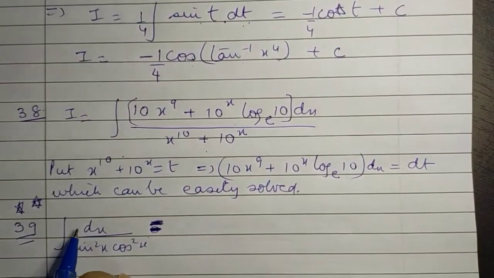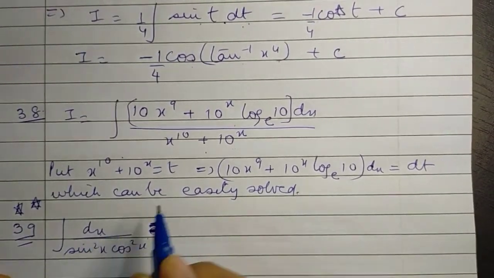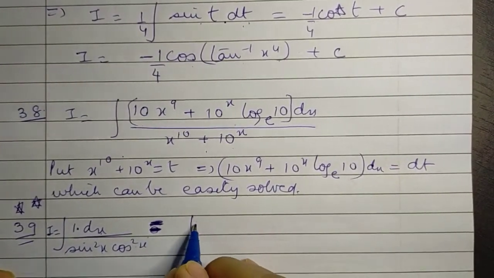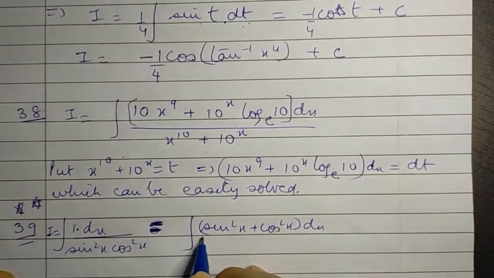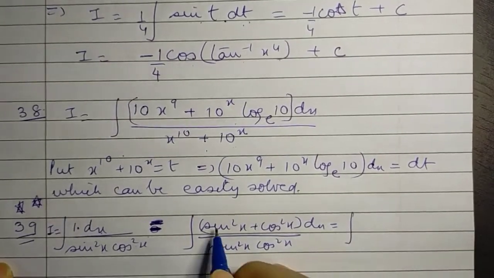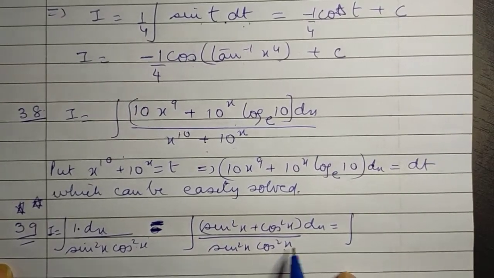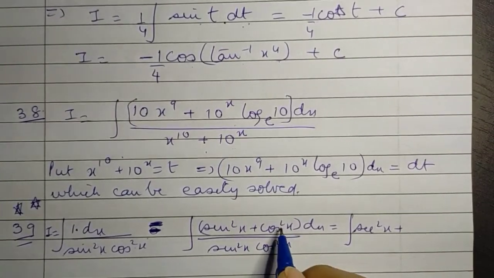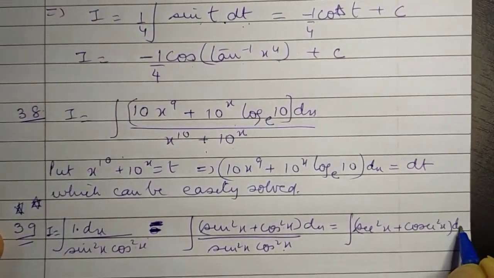We know that this is 1 dx, and we know that sin squared x plus cos squared x is 1. So we simply replace this by 1 dx, and 1 can be written as (sine squared x plus cos squared x) into dx. Now simply open the brackets and you get sine squared x upon this; sine squared x gets cancelled, 1 upon cos squared x, which is sec squared x, plus cos squared x upon this. In this case, cos squared x gets cancelled and you're left with cosec squared x, whose result is directly known to you,